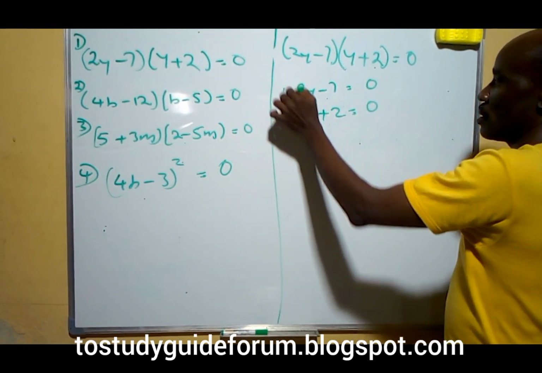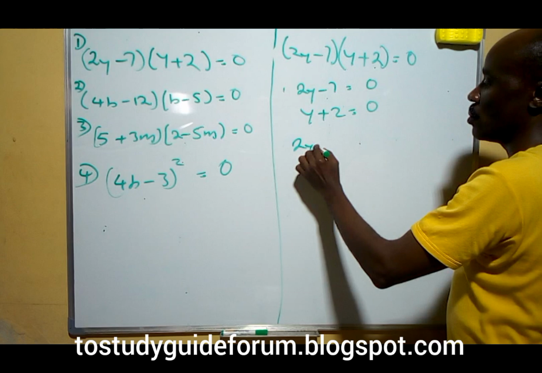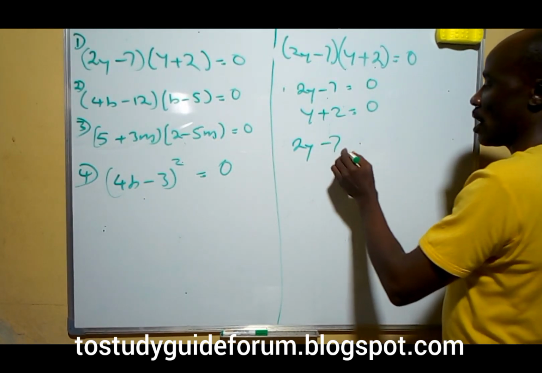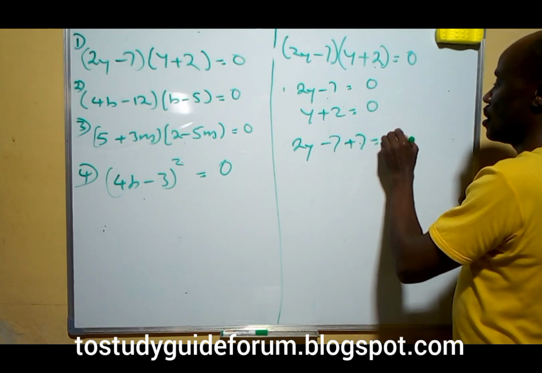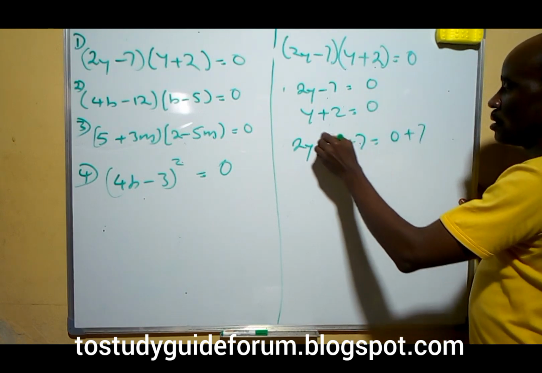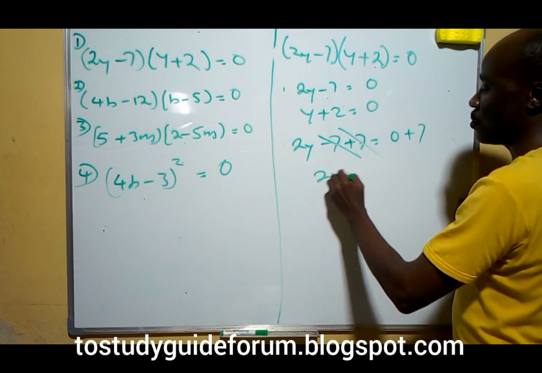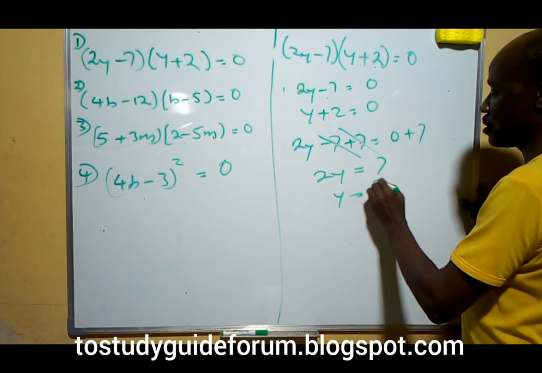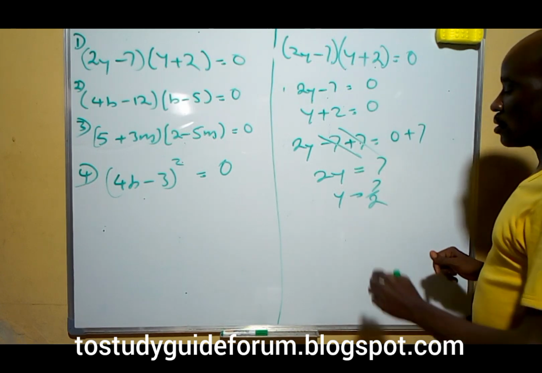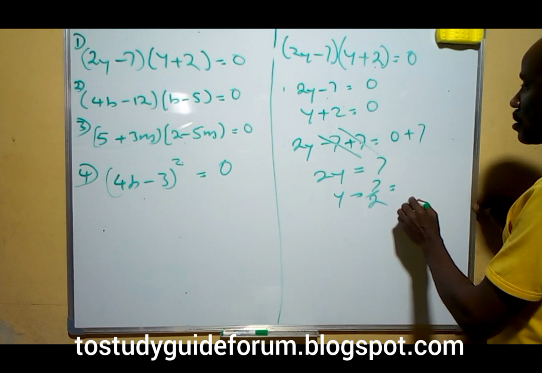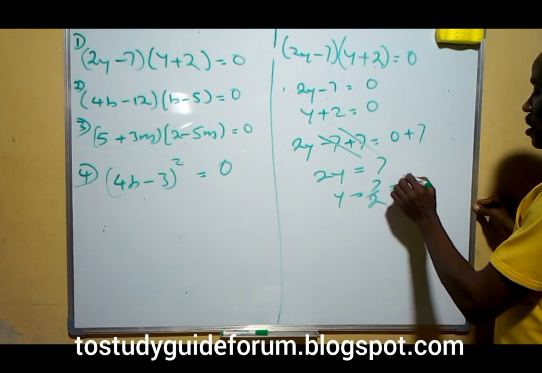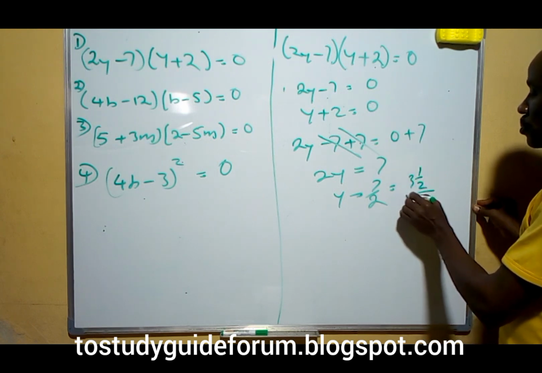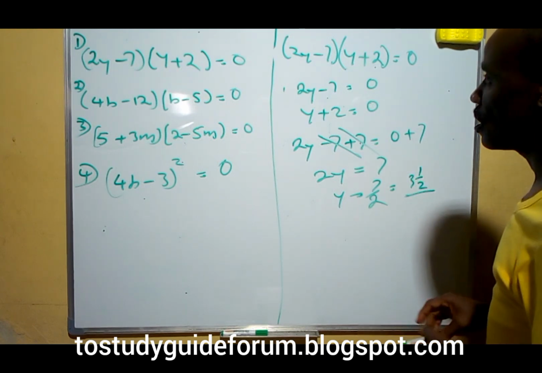So for this first one, we have 2y - 7 = 0. Then we'll move it to the other end, we add 7 to both sides. Adding 7 to both sides, this 7 will cancel each other. We'll have 2y equal to 7. So y here will be 7 over 2. 7 over 2 is the same thing as 3 1 over 2. So that is for the first